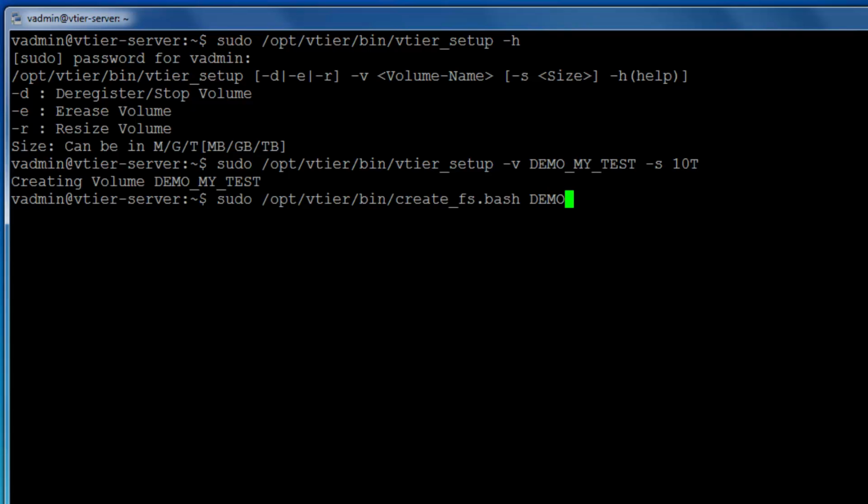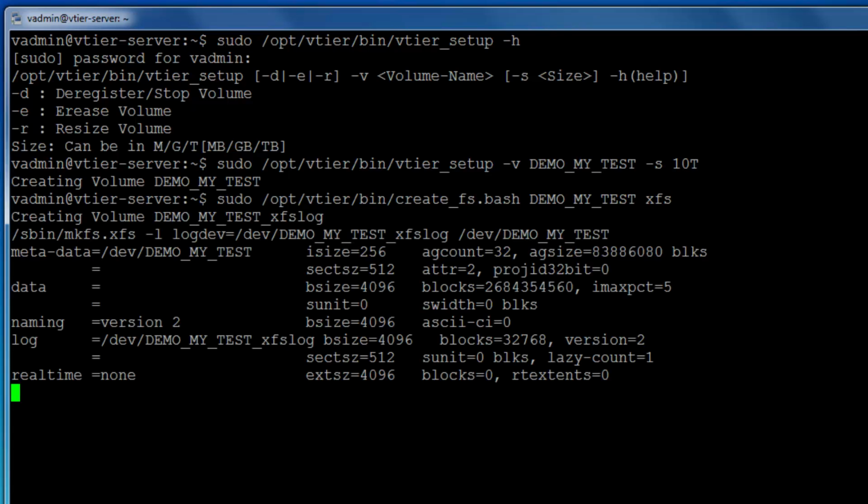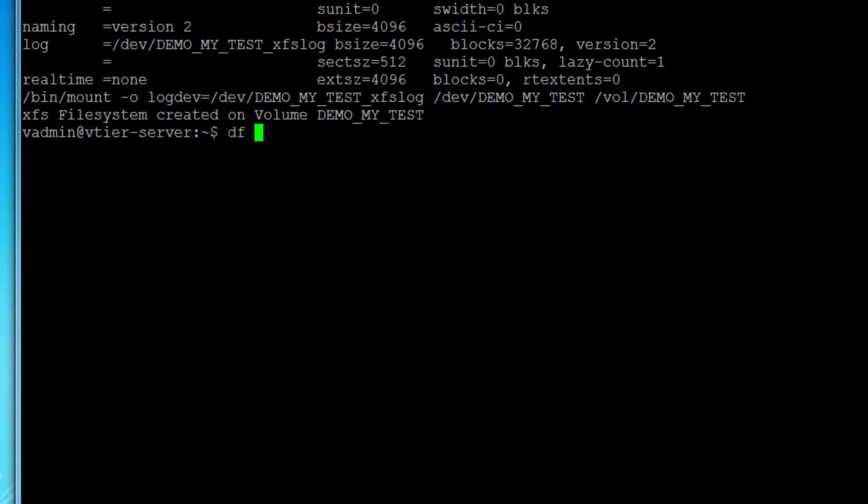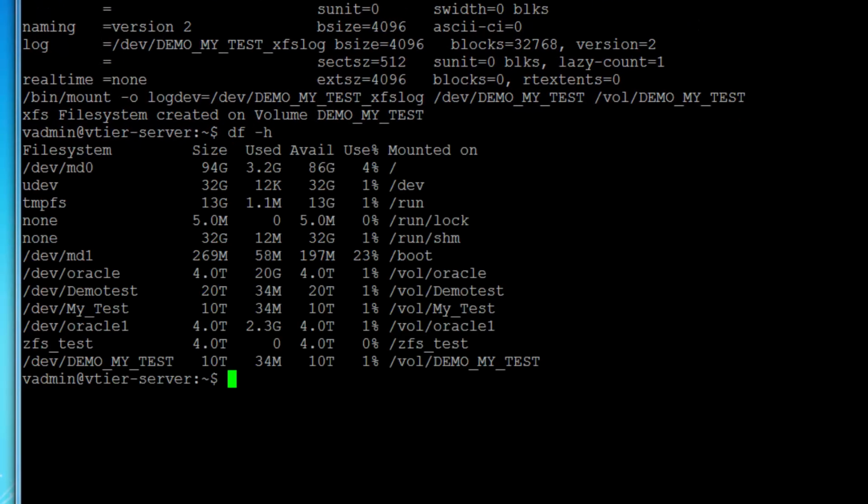Then you have to specify demo_mytest and then the file system that you want. So let's say I'm choosing XFS. Now my volume is created and the file system is created. Let's see. Now my volume demo_mytest is mounted under /vol